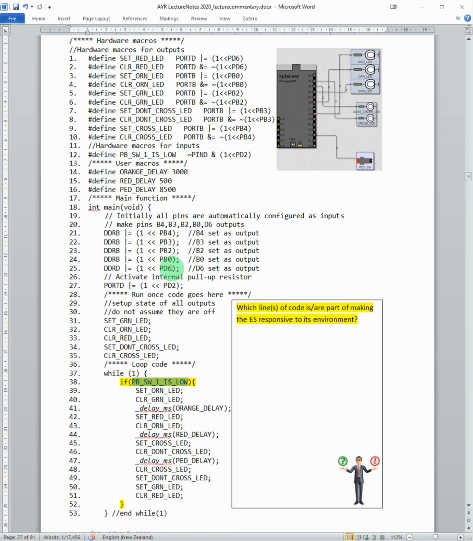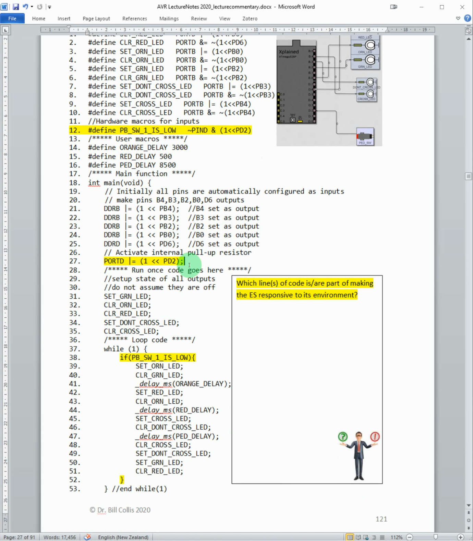But what else is involved up here? Well, first of all, we have to define what this macro is. That's really important. Another thing that's, of course, important is activating our pull-up resistor. If you're not going to use an external pull-up resistor, then we need an internal one. And I'll go into this in a bit more detail. What else is involved? Well, actually, one of the core components of this is the fact